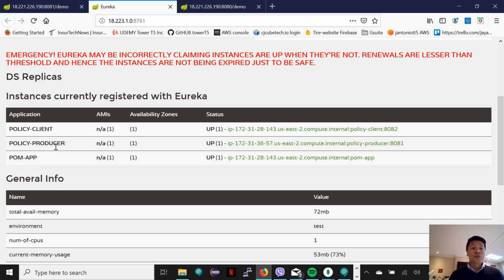We've got the producer of that particular policy, whether it's an agent or a broker, and the client, which is the customer who is buying the insurance policy. So each would have independent microservices running, and Symphony Cubes just brings them all together to provide the service to